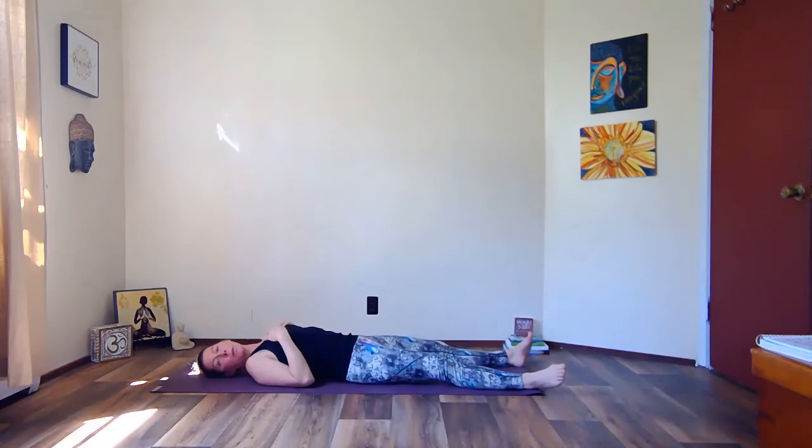You can cover yourself up with a blanket. Just make sure you're comfortable. You can put your sweatshirt on. Okay. Your hands can be by your sides. This is kind of traditional form. So maybe try this today. And in this pose, our